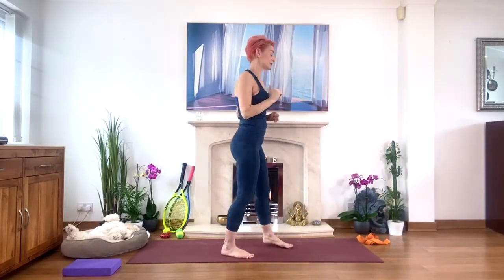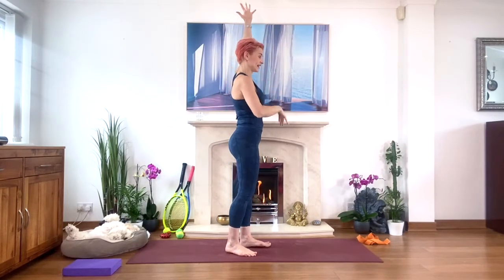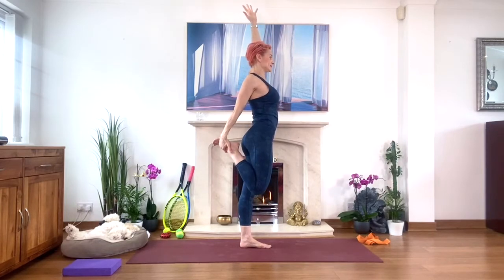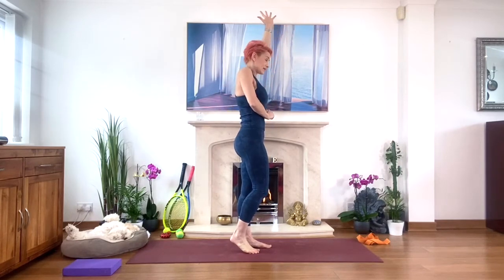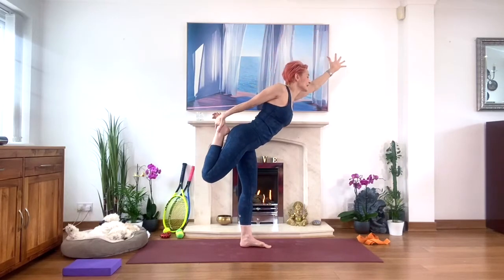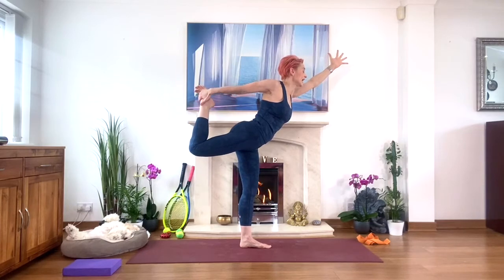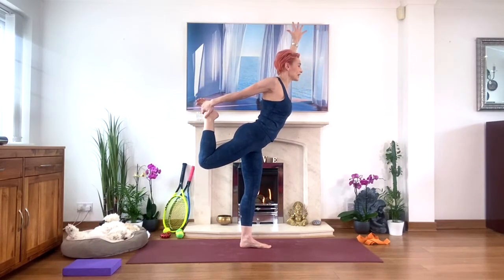Holding your right foot, left arm up. Nice stretch for the shoulders as well. Okay, and for the front of the thighs, take a moment, look at the point, little bit of tailbone, remember the tailbone, tummy muscles in, strong core muscles, and then pivot forward, press your foot into your hand, lift your foot higher, and for this left arm, think about reaching up and back, the left thumb moving back, press your